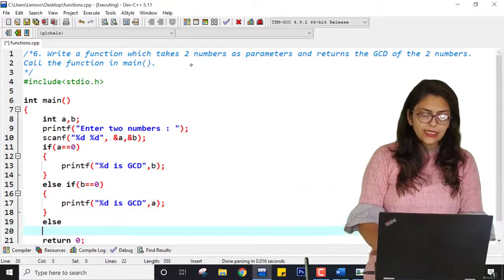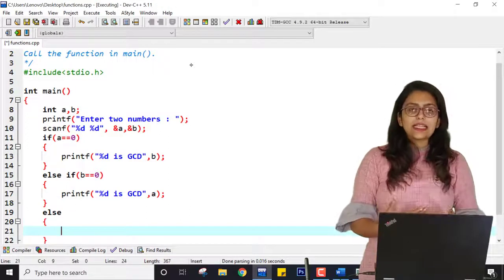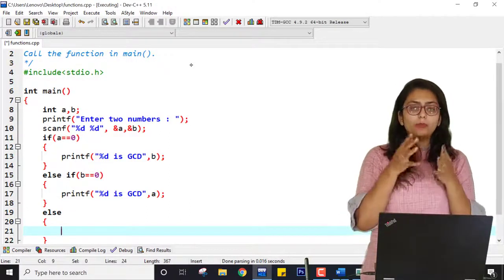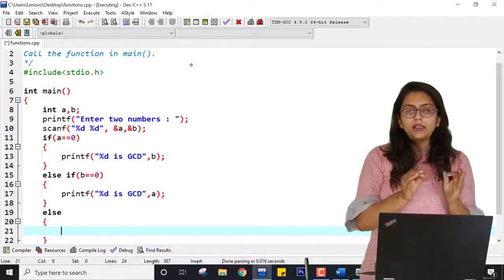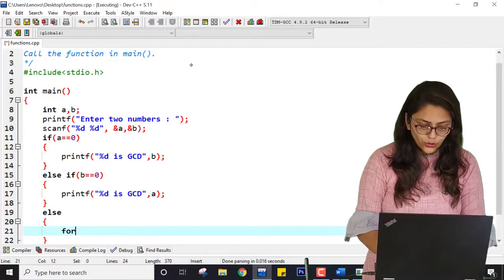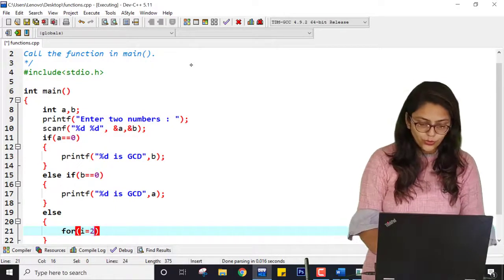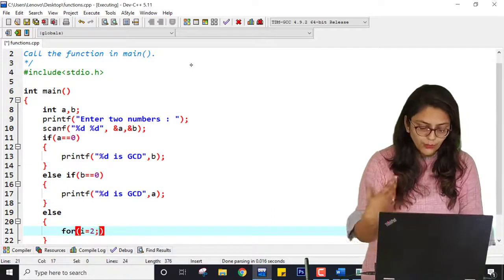Now else case is neither A is 0 nor B is 0. So for else case I am going to check from, you know, 1 and the number itself will always divide them, right? So I am going to take a look for, I will start from 2, then what I am going to do?